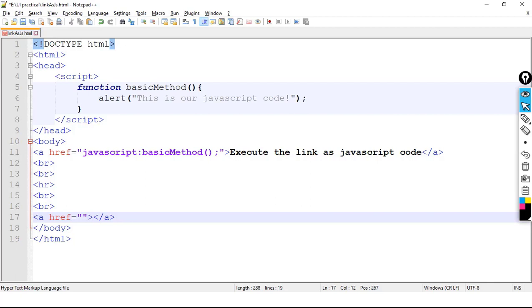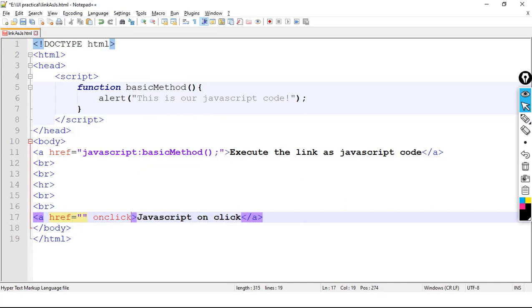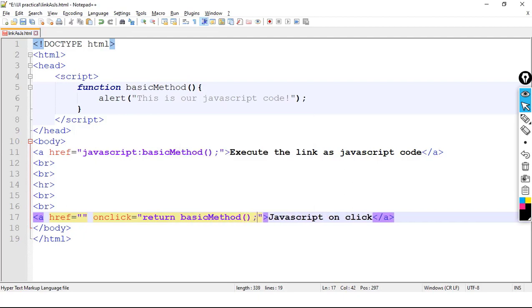What is that link name? JavaScript on click. This is the name of the link, and here I am using the onClick attribute. onClick equals, in double quotes, return basic method.